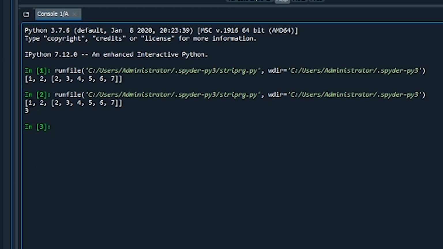Now in the list you have seen 1 2 2 3 4 5 6 7. Here 6 elements are there, but the nested list will be assumed as one element within the list. So 1, 2 is the first and second element, and the third element is this list, that is the nested list within the list.